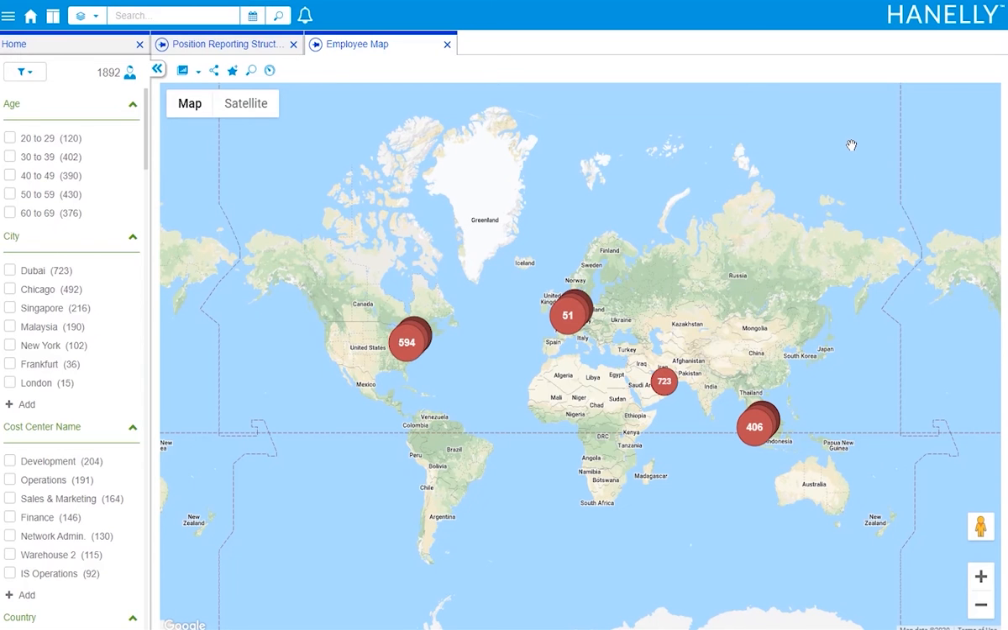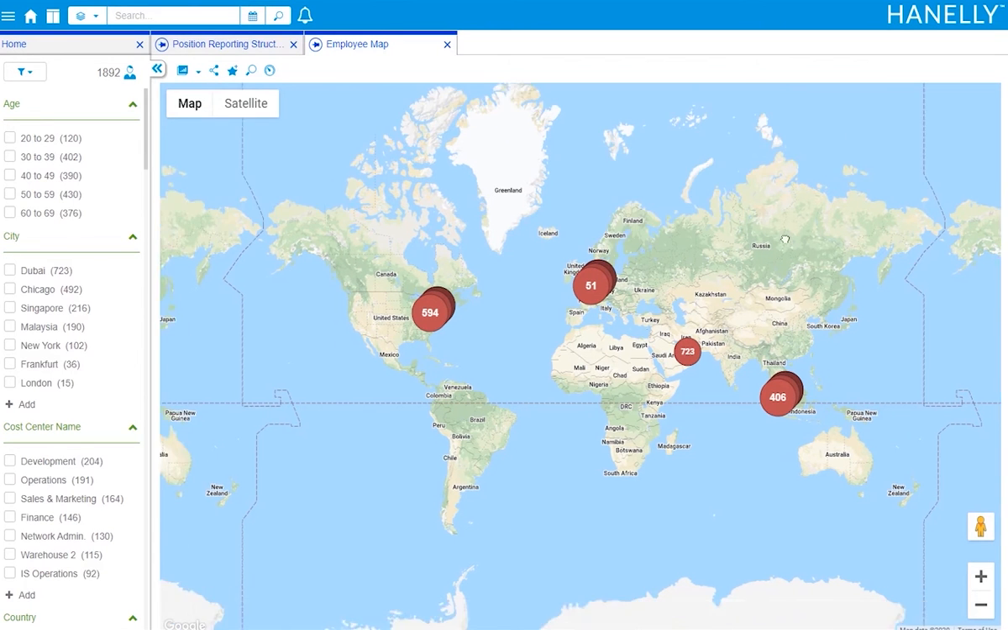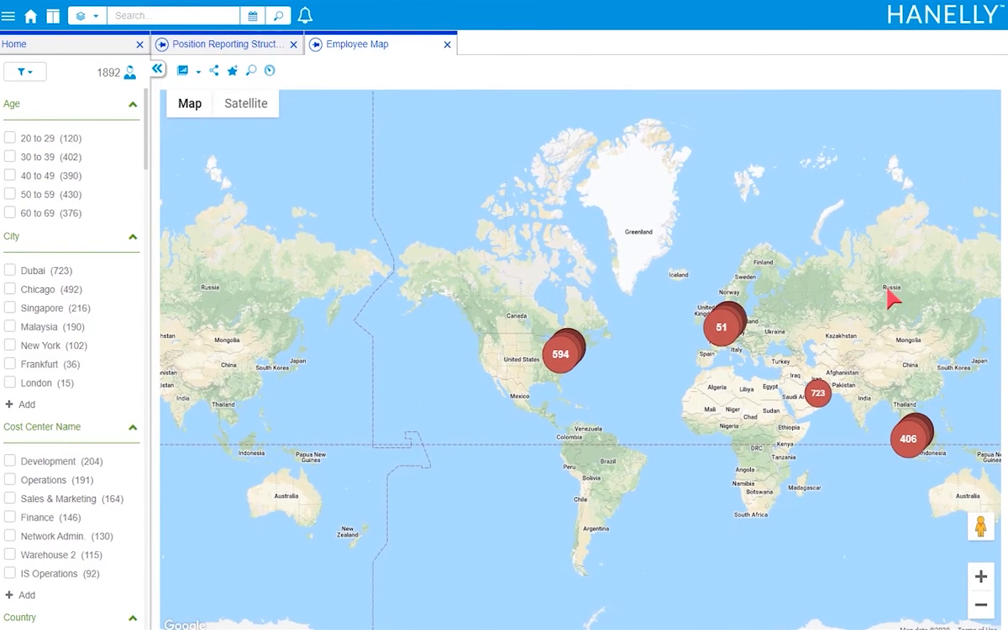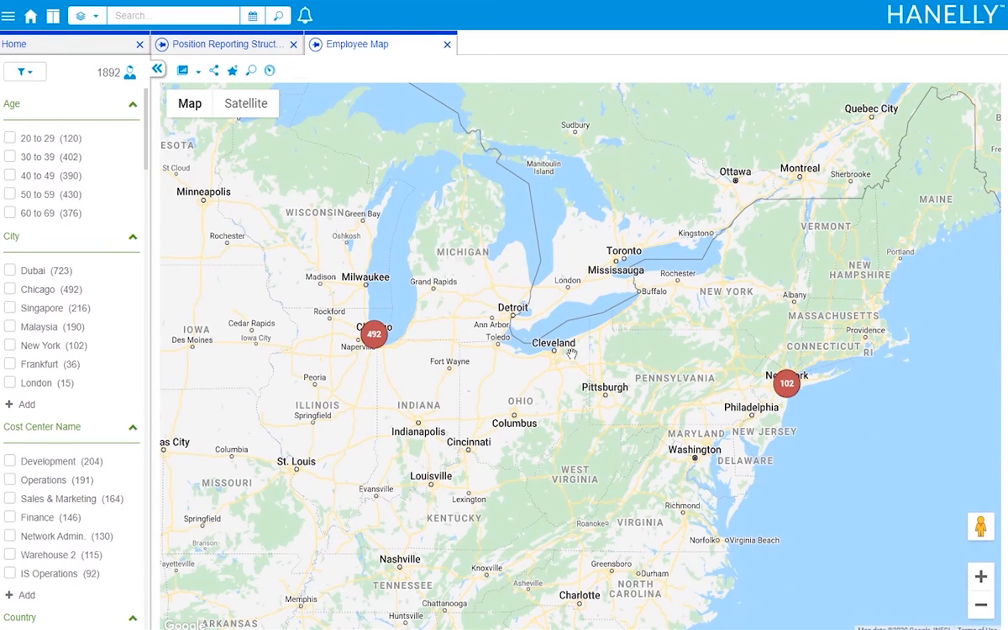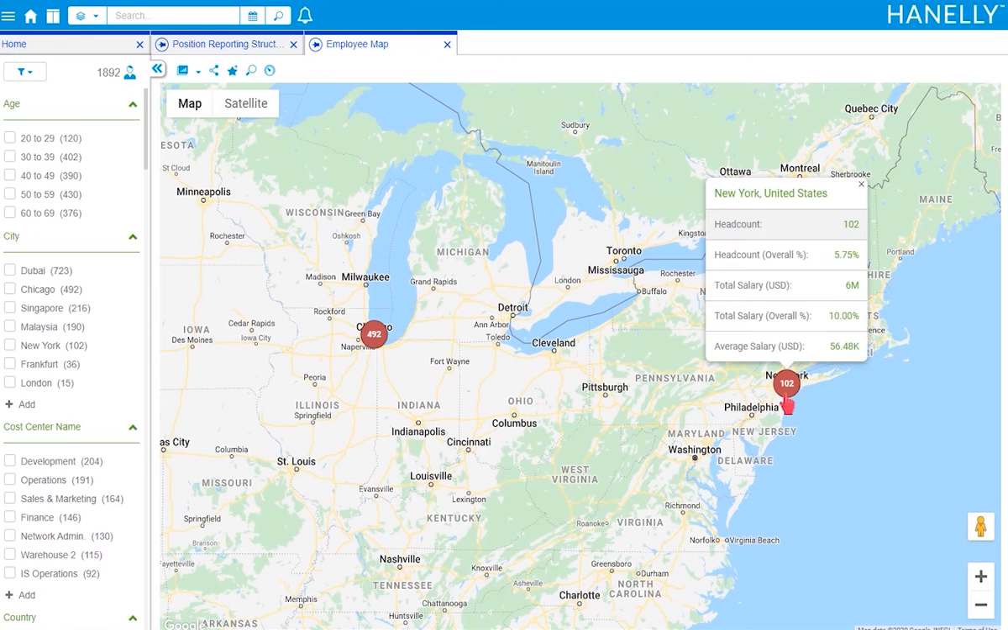You can interact with the employee map by dragging it around and clicking on these circles with numbers which indicate locations in the world where the employees in your organization are located. Some circles are also stacked, indicating that there are multiple locations in the same general area, and you can click on the stack to get in a little closer. If I hover over any of the individual circles here, I'll see analytics such as headcount and salary for the